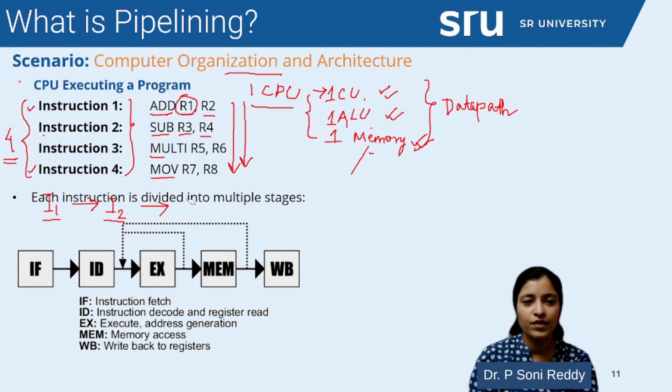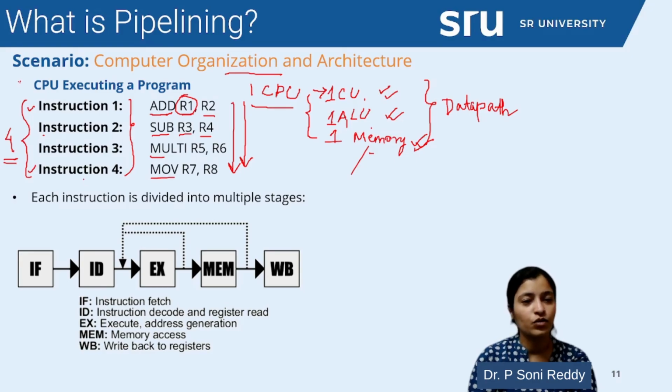When we have a single processor, we are limited by the processor. So how are we going to increase the performance of the system? That means if I have to complete 4 instructions, how can I do it in less time? How can I reduce the execution time? That is my objective. For enabling parallel execution, we are going to divide each instruction into multiple stages or multiple steps. So what are these multiple stages?